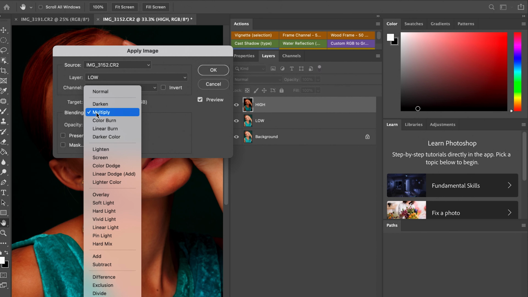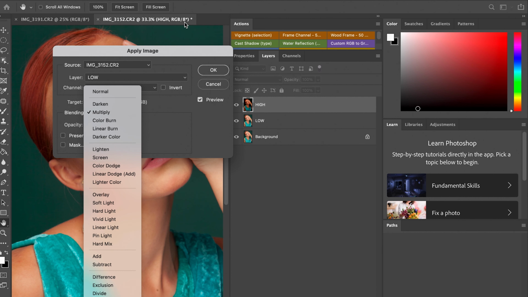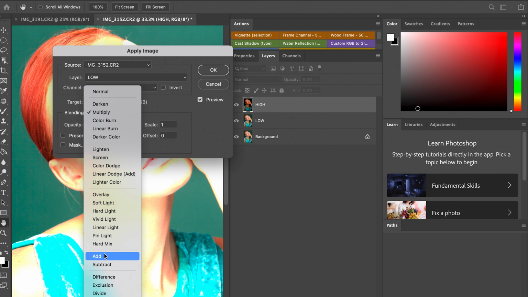Blending, if you're using 8 bits, it will show right here on the title of your image, 8 bits. If you are using 16 bits, the title of your image will be showing 16 bits. So if you're using 16 bits, what you have to do is click on add,